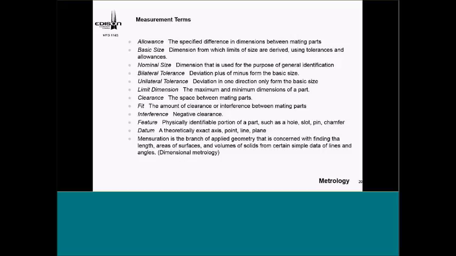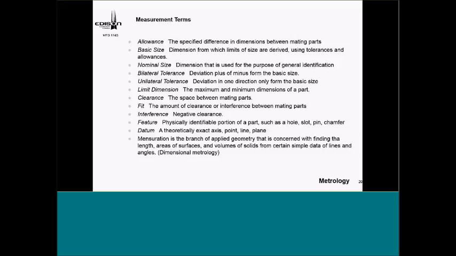Talk about nominal size, and again, that's a dimension that's used for the purpose of general identification. So there I end up using, let's say if I go to a 1/2-13 tap, a 1/2 inch is a nominal size. We'll hit later on, but we'll talk about bilateral and unilateral tolerances. I hit that pretty heavy. Talk about limits, talk about clearance fit, interference fit, features,